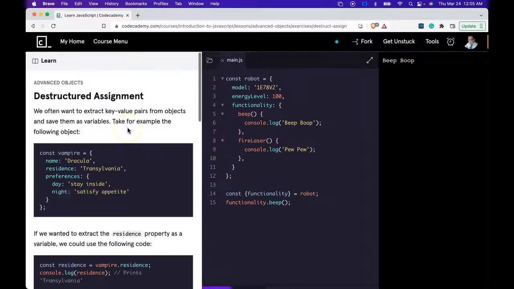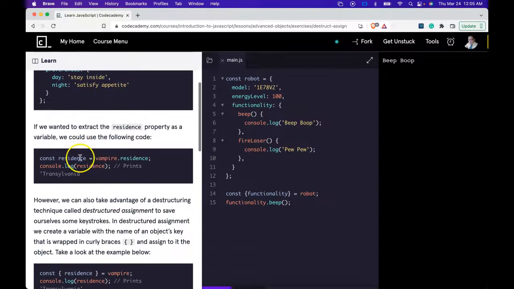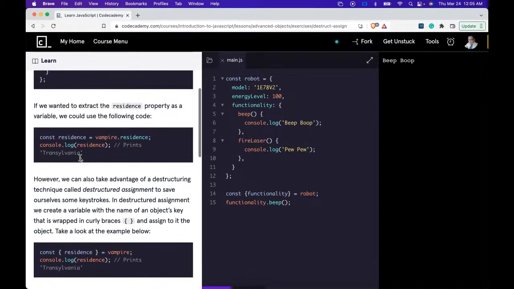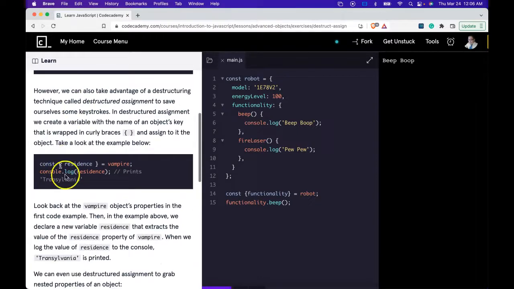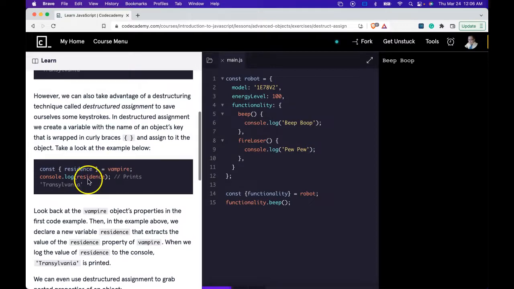So what we're learning here, again, is destructured assignment, and it allows us to extract key value pairs from objects and save them as variables in an easier way than we've learned in the past, which is exemplified here. We are switching over to this destructuring example, and we're able to create our variable the same way but using less code. That's the key takeaway of